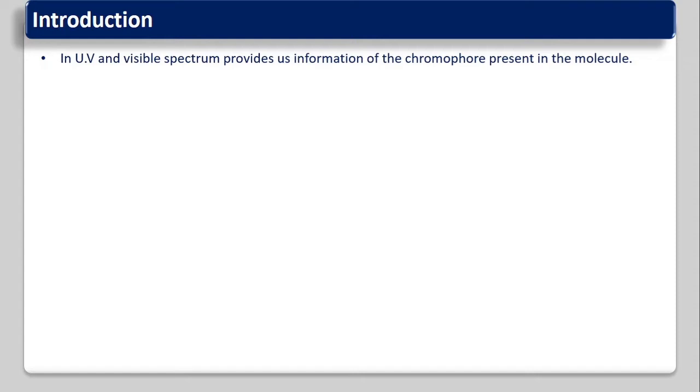But that does not give the complete information, because if there are no double bonds, if there are no chromophores present in the molecules, this spectroscopy is unable to give us the proper structure of the molecule. Even when the same chromophores are there, many molecules may be possible. So this is not a complete elucidation of the molecule. For that purpose, we will go for the next spectroscopy, that is IR spectroscopy.